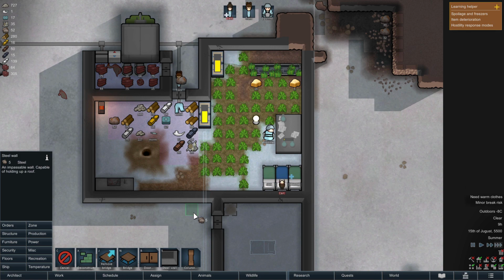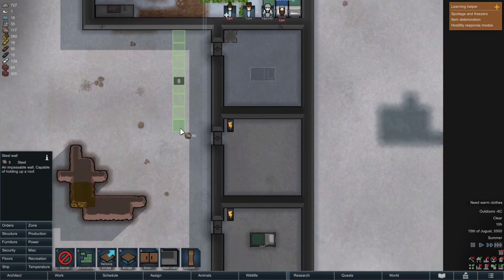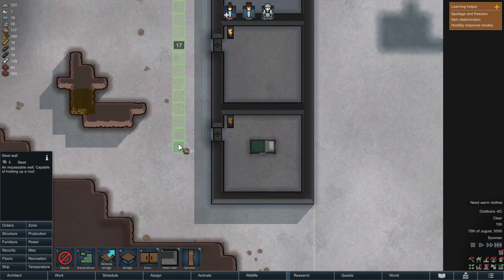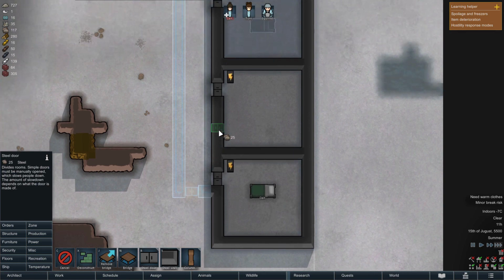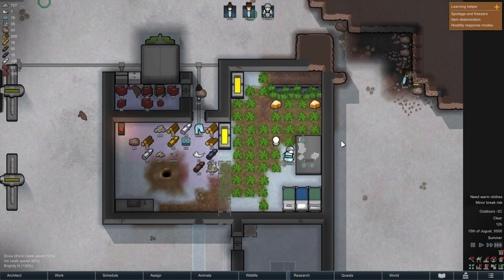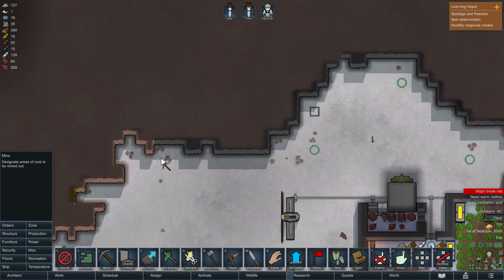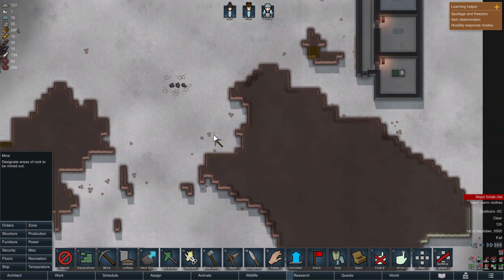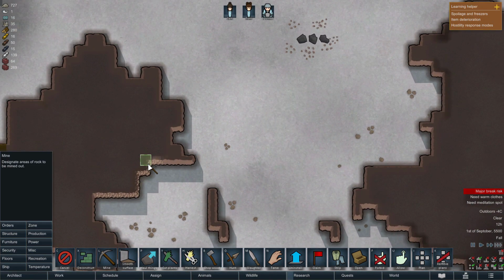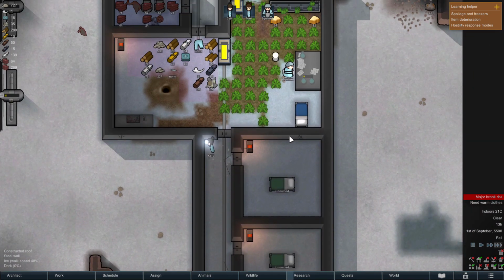Later on I'll get some parkas, make that out of the animal fur. Gonna make a two-lane hallway so I could put lights in it. People move faster when there's light. And going to mine some components out and some more steel. Need a lot of steel to start up until you get a